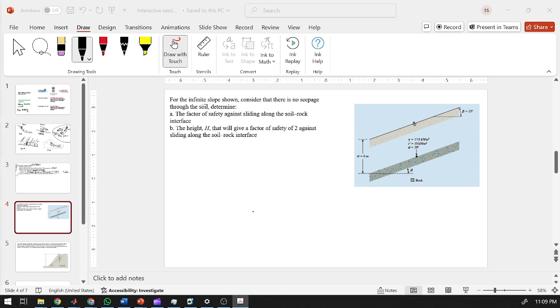Okay. So first of all, let us discuss what we mean by factor of safety. Let me see if my pen is connected. I think my pen is connected. Yeah. Okay. So generally, factor of safety